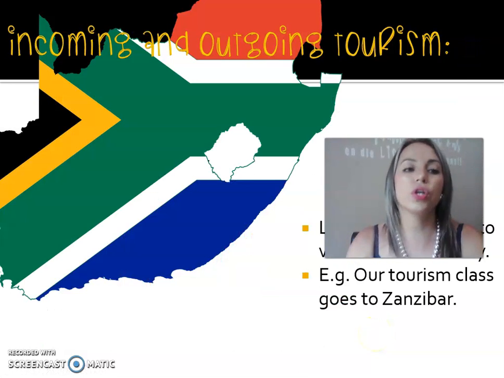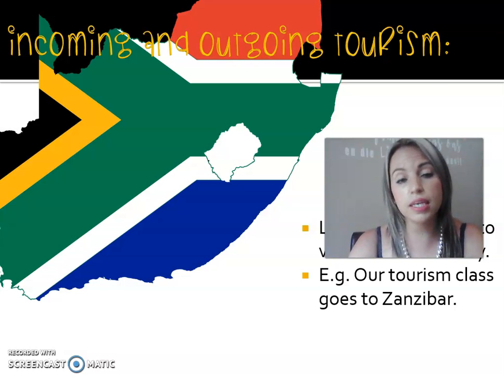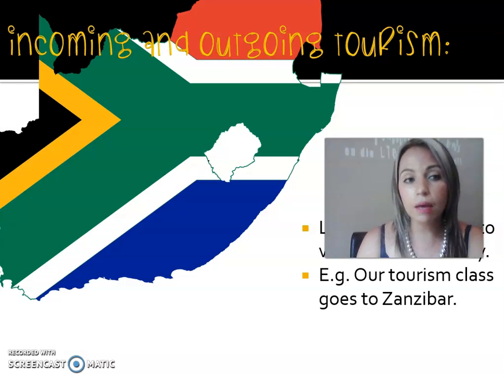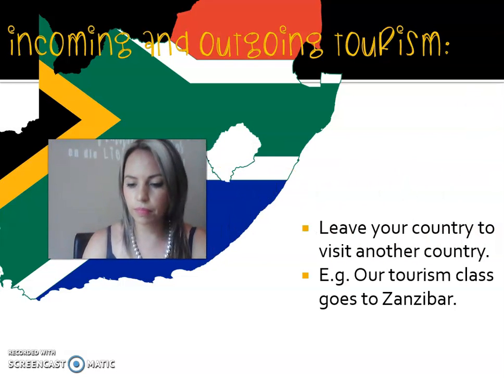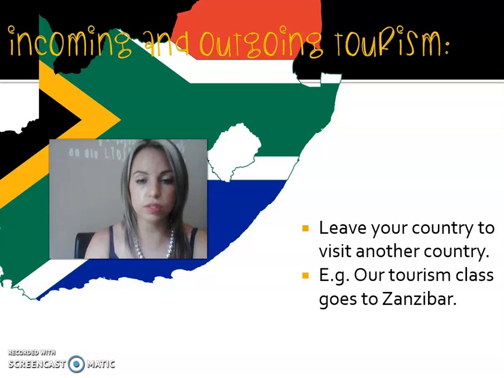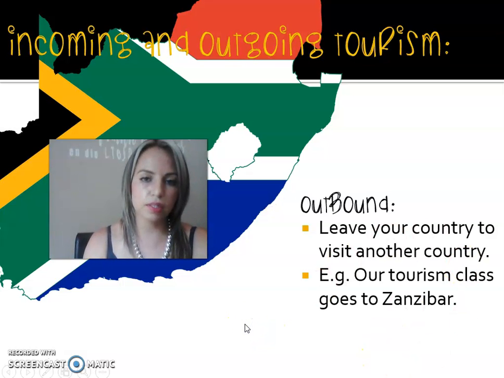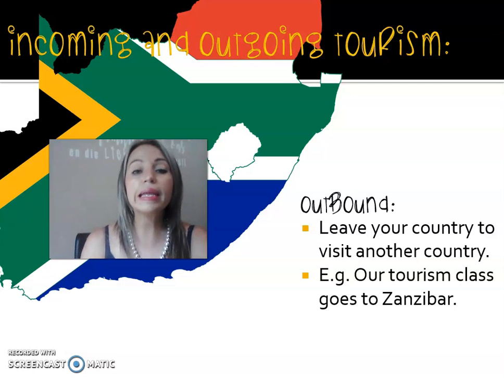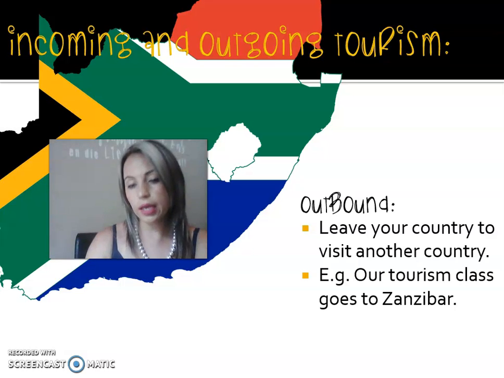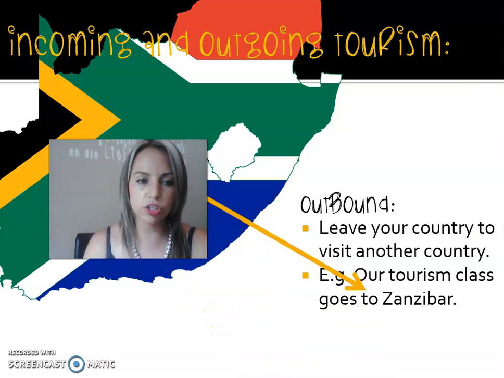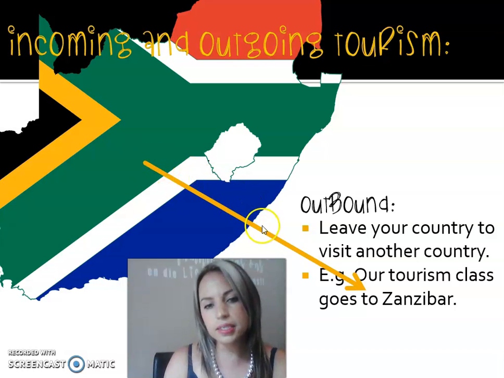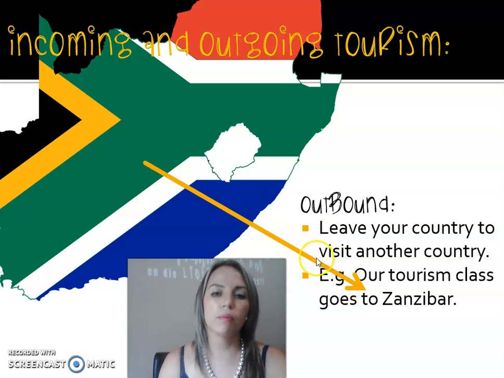Now we're going to look at terms such as incoming and outgoing tourists. Incoming tourists mostly refer to inbound tourism, and outgoing tourism as outbound. Now, outbound means you leave your country. Okay, so if we have to draw this in a picture, you will see we have an arrow that exits the international